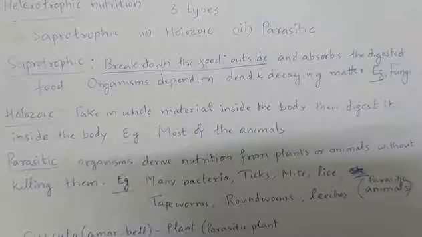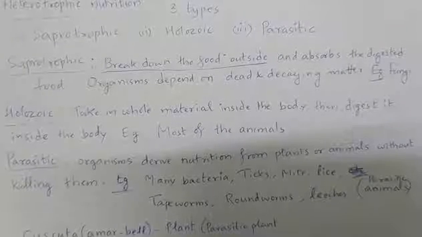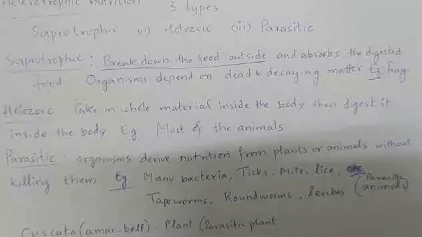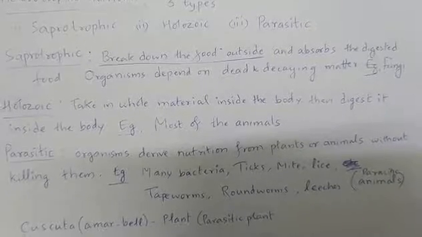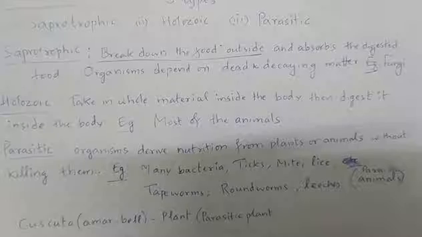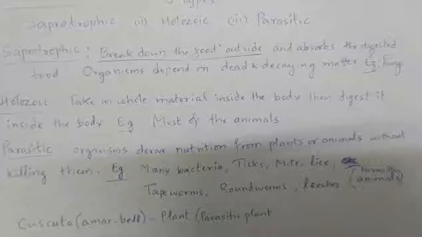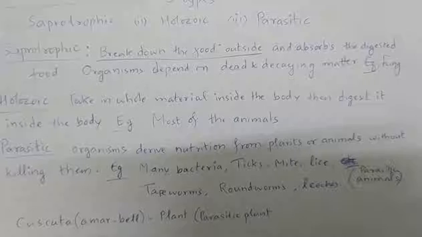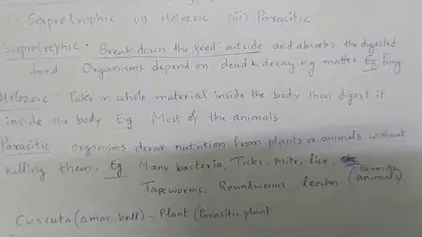Organisms depend on dead and decaying matter. In saprotrophic nutrition, organisms depend on dead and decaying matter. Example, fungi. Holozoic nutrition: here, the digestion or breakdown of the food takes place inside the body of the organism,